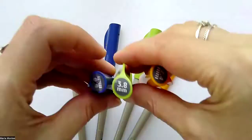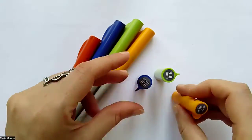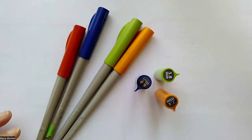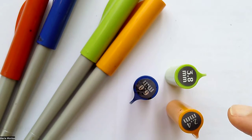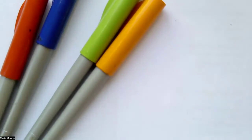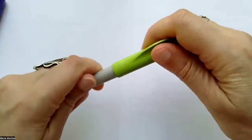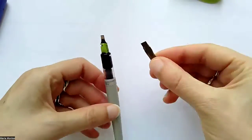These pens come as well in different sizes, as you can see by the lids. And what you are seeing at the moment in here are only 4 examples, but you can purchase more than that. So we have 3.8, 2.4, and 6 millimeters in here. Okay, how do these pens work? So these pens work differently because the main difference here is if we put these two nibs together, one next to the other,